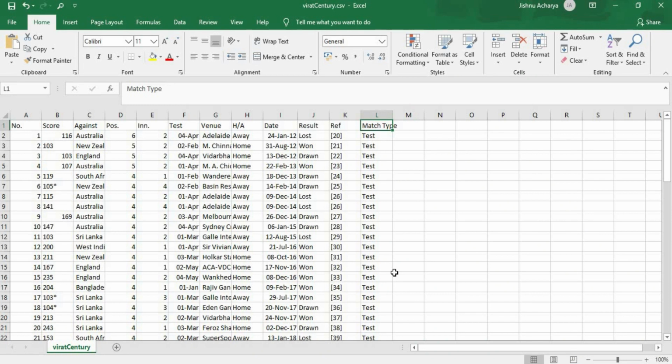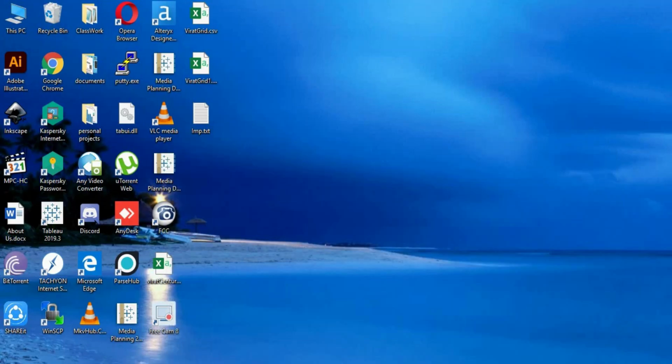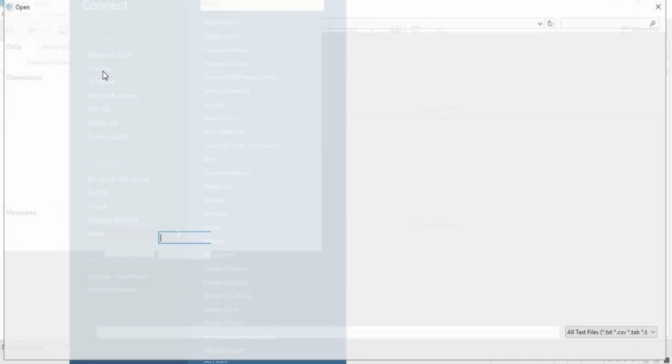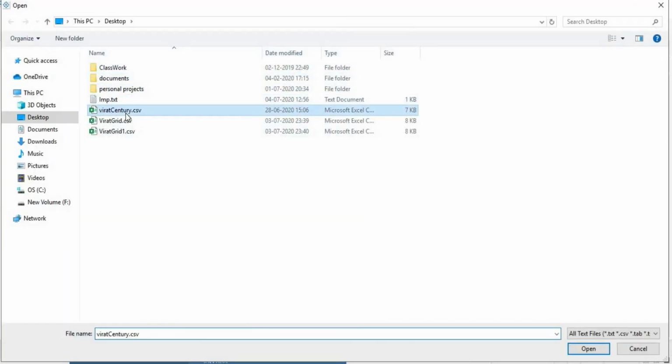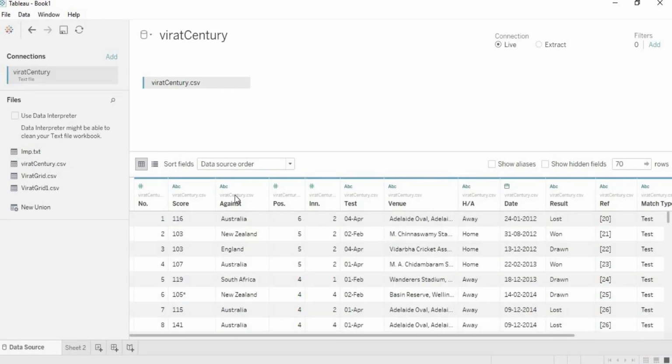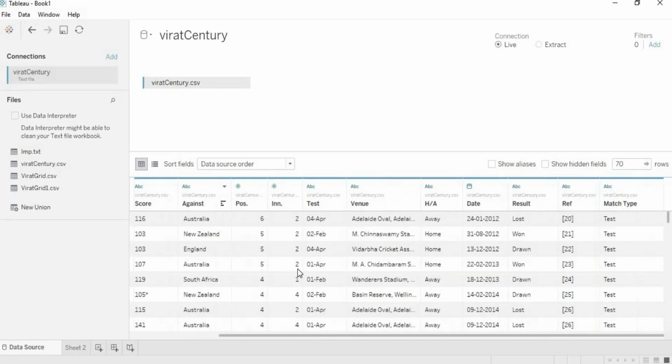I went to the Wikipedia page of Virat Kohli and the centuries that he has hit, stored it in an Excel file, and saved it as viratcentury.csv. So I'm going to open this file in Tableau. Connect to data, text file, viratcentury.csv, open. So here it is.